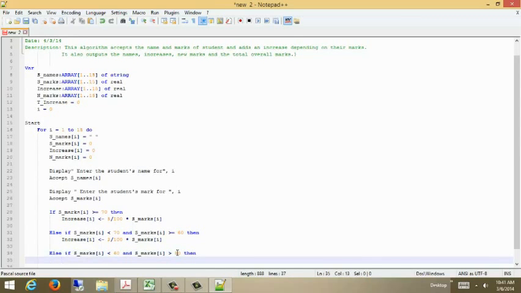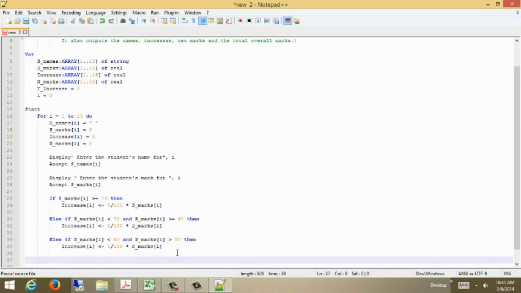what happens with S marks? They increase, again our index variable, very easy to forget that, takes the value of 1%, 1 over 100 multiplied by S marks. And you can see how simple this becomes as long as you have your IPO chart, because this is exactly what we have in our IPO chart, and we're putting it back more or less word for word in our algorithm. One last thing though, we need to add our else,